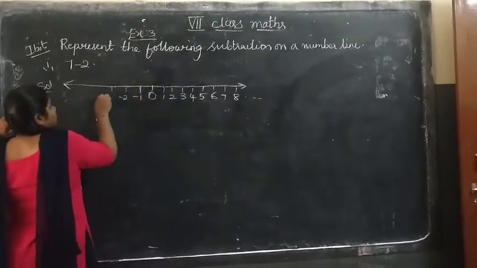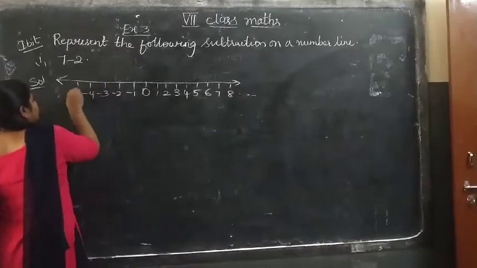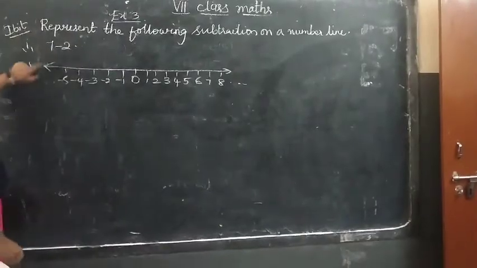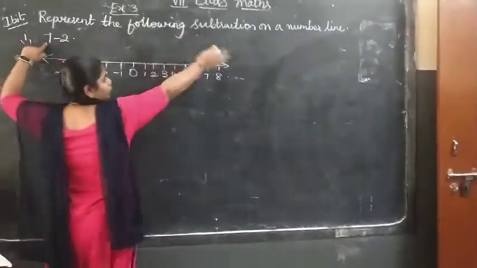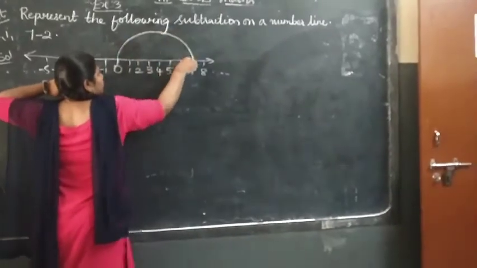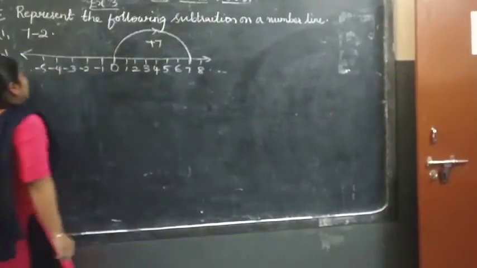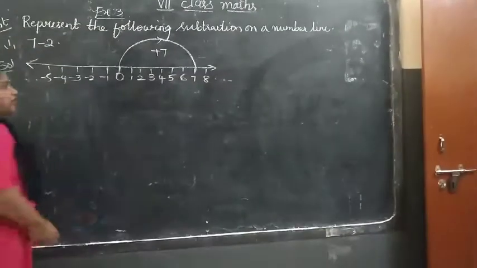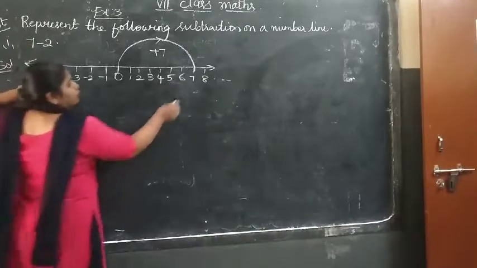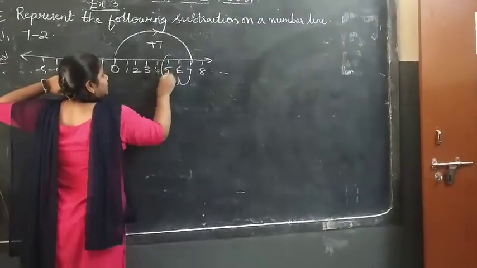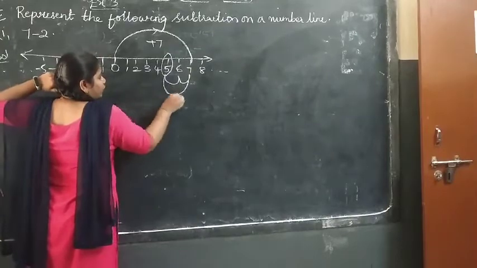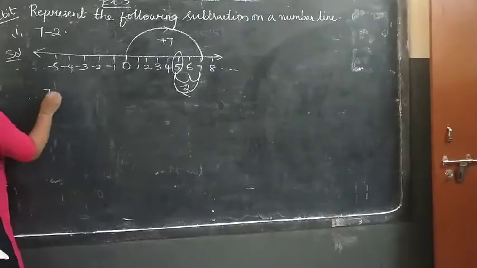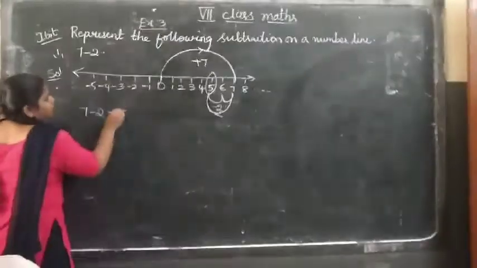Minus 1, minus 2 and so on. So 7 is a positive number, you are not having any sign, that means it is a positive number. If it is a positive number we have to move to right side. So 0, 2, 7. This is what? Plus 7. Next is 2. 2 is having negative sign. Negative sign means we have to move to left side. How many times we have to move? 2 times we have to move. 1, 2. So what is the result here? 5. So this is I am moving to left side, that is minus 2. Now what is the result here? Therefore 7 minus 2 is equals to 5.